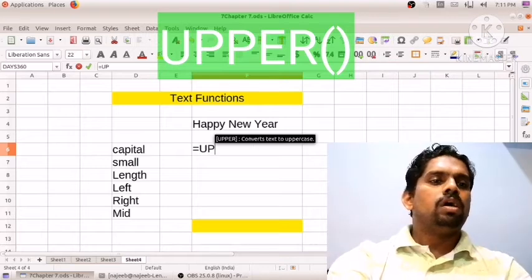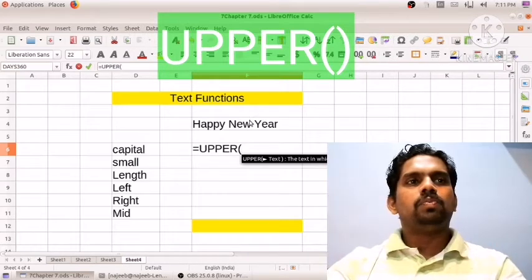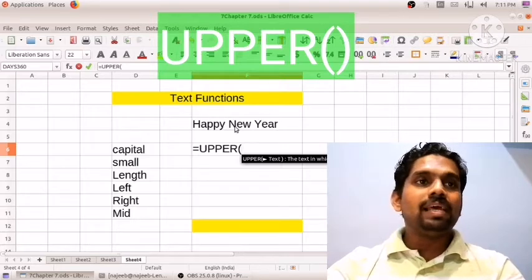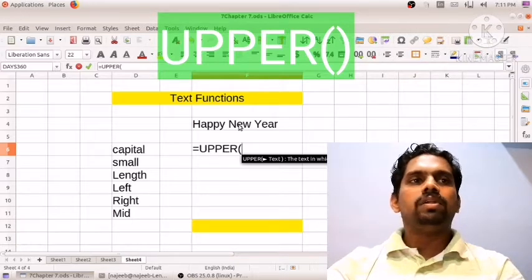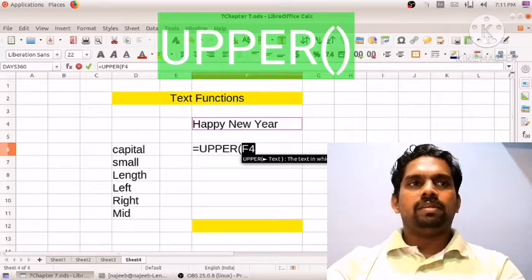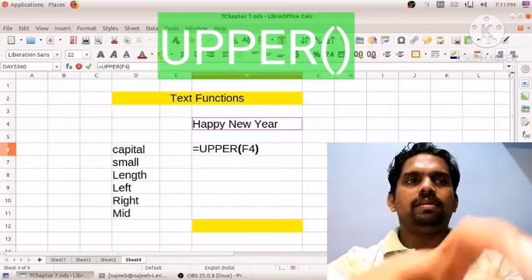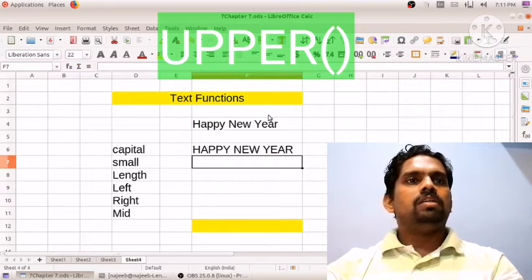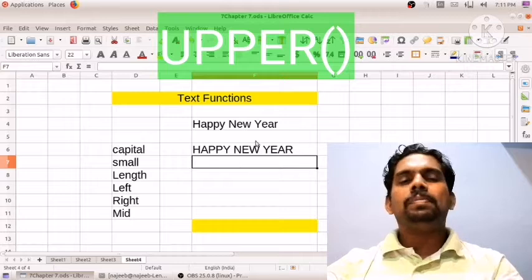Equal to upper, then open the bracket, then select the text which we want to convert to uppercase, that is capital letters. So select this F4, then close the bracket, then enter. Now you see it is showing Happy New Year as capital letters.